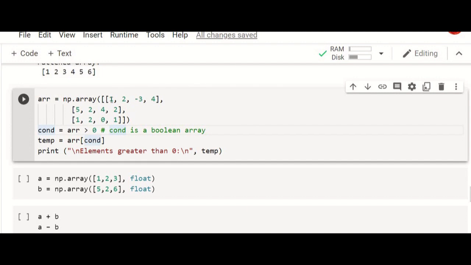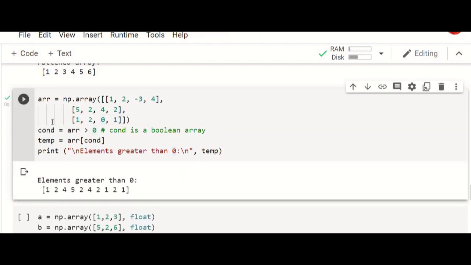So if in this place it contains 1, it is greater than 0. So here it is true. And again for 2 also it is greater than 0, it is true. So true, true, and this -3 is actually less than 0. So in this case the condition is false. So false. Here true. And here it is false. So in only these 2 positions it will be false. Rest of the places you will have the value as true.